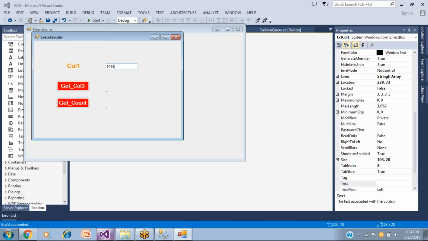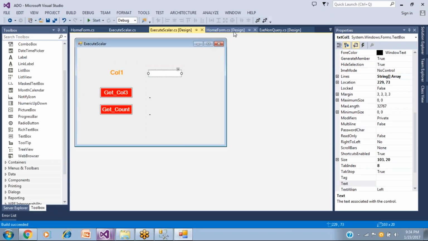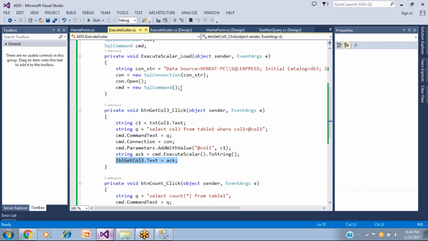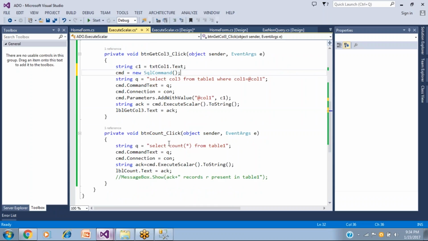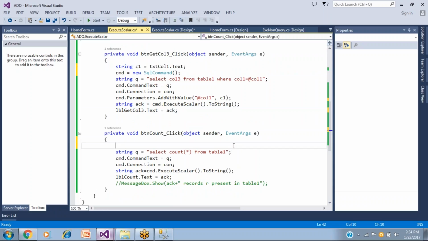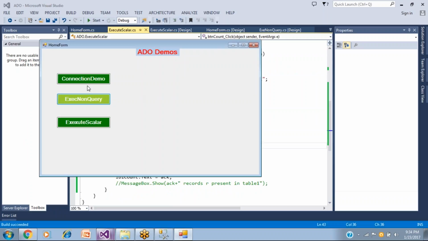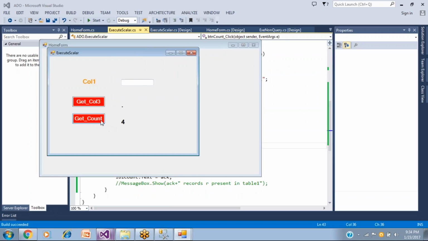1014. Either you can do it like that, or get a column, but a single object is being used for both purposes. So do one thing: create a separate command object. Cut these lines and add them here, and whenever you come into the function, above the query that we had, we can prepare a fresh command object one more time. So get column count, it's 4, so 1011, and it will get the things.